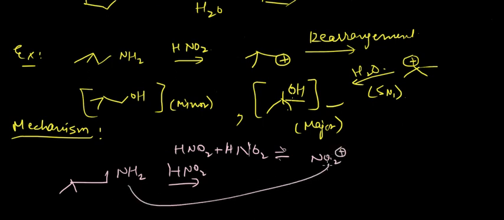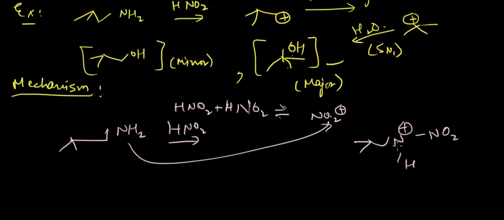This NO2 plus would be acted upon by the nitrogen atom and we'll be getting something like N plus H and O2 here. Then what will happen is, not NO2, it will have NO plus. Okay, not NO2. Okay, next what will happen is